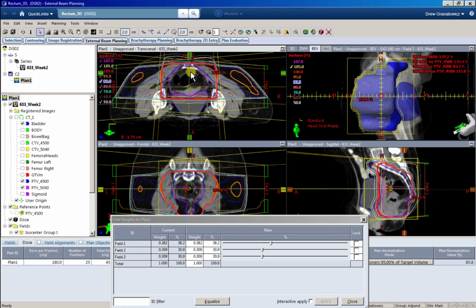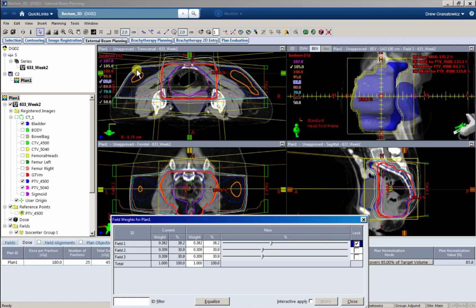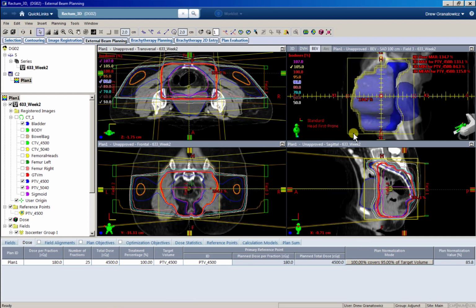And this dose, as we add field-in-fields, should go down a little bit too. So I'm going to lock this beam, and then you can see we're a little bit off symmetrically here. So I'm going to add a little bit of weight to this left side. Maybe a little too much. Maybe something like that, just to even that out. Okay. Now I can come here,